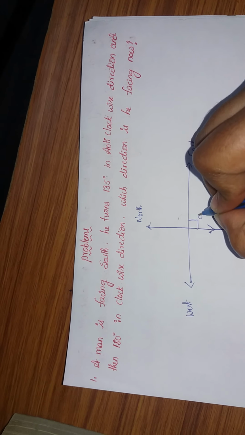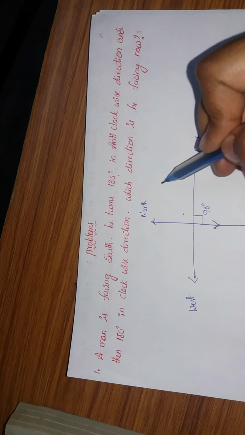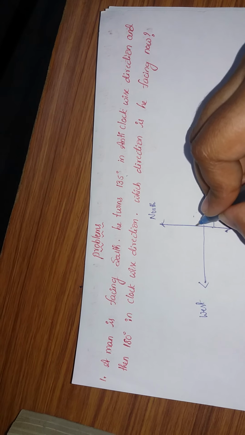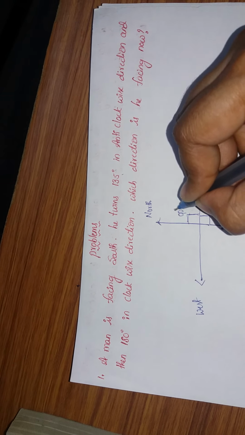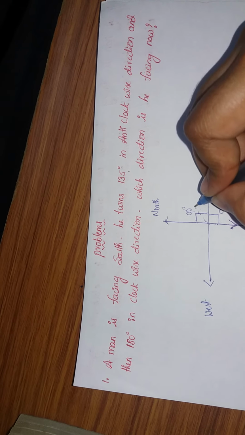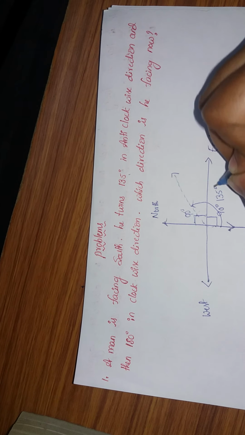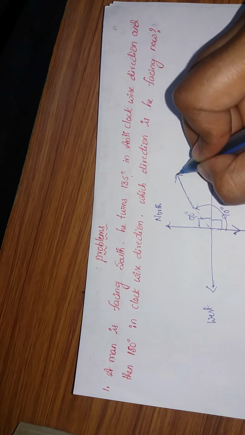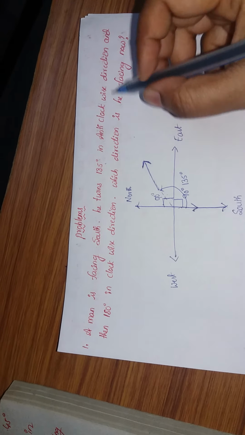It is 90 degrees, and for 135 degrees we have to add 45 degrees, half of 90 is 45, 90 plus 45, which means in this position. From here to here the angle is 135 degrees in the anti-clockwise direction. Now he is facing northeast direction, and then